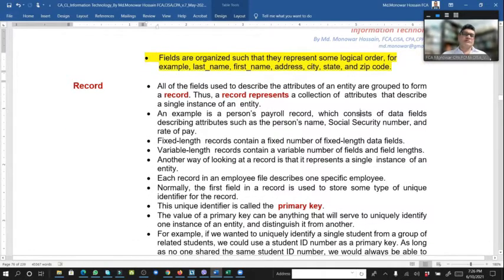And record. All of the fields used to describe the attributes of an entity are grouped to form a record. Thus, a record represents a collection of attributes and describes a single instance of an entity. For example, one person's payroll record, which consists of data fields describing attributes such as the person's name, national ID